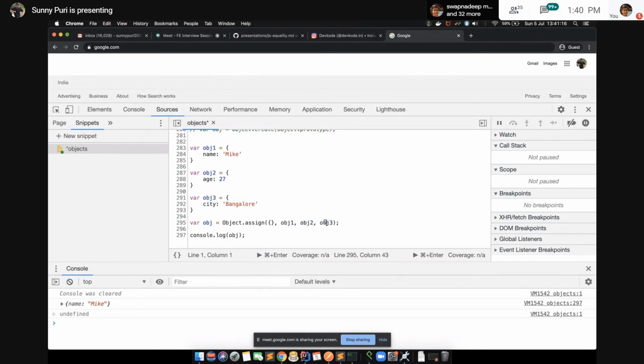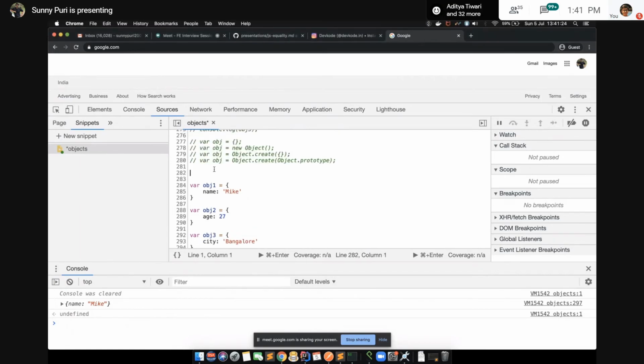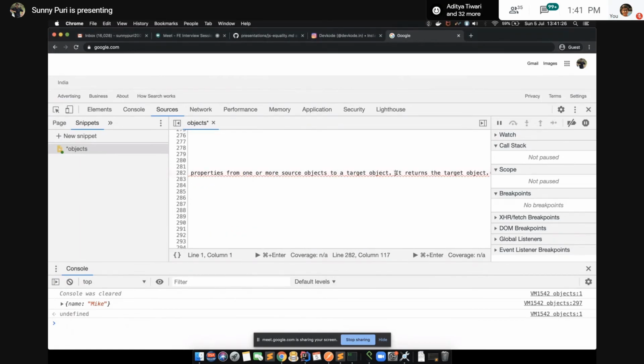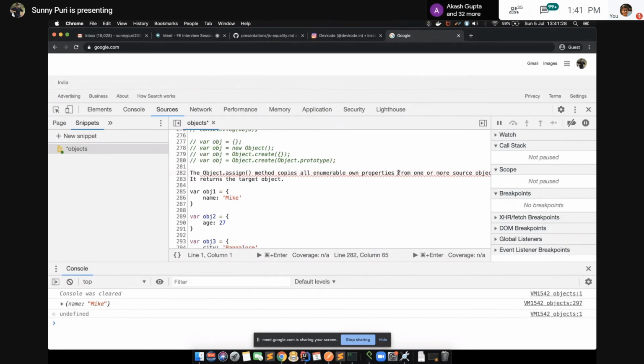This is an object. Like the definition of this, just read it out. I am just pasting it. This is the proper definition. Just read it out. The Object.assign method copies all enumerable own properties from one or more source objects to a target object.